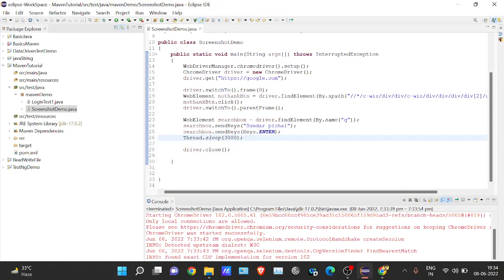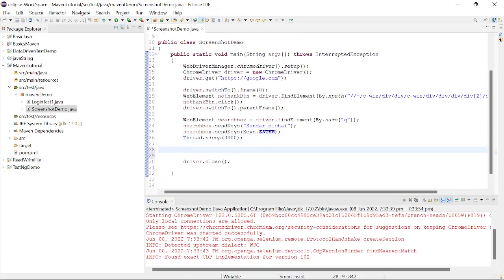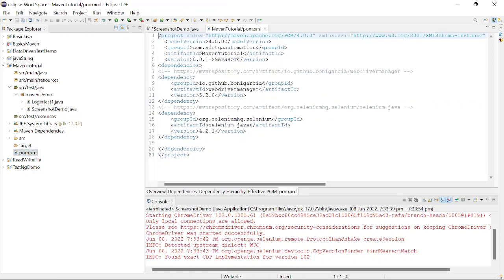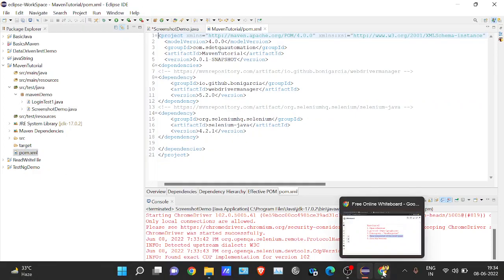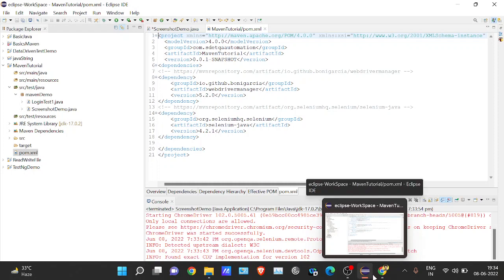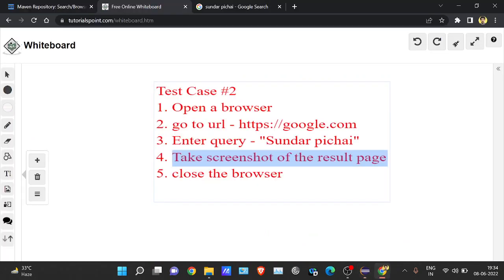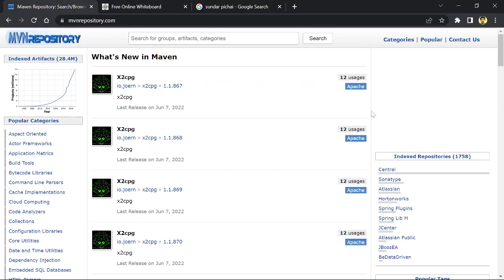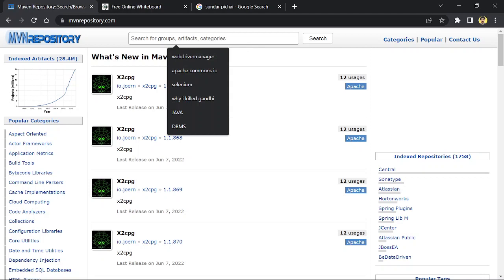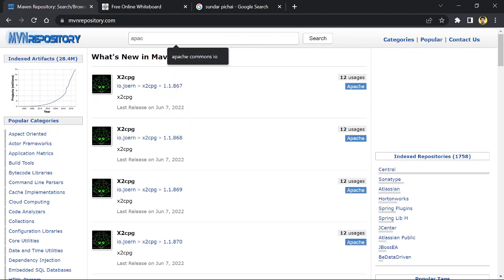Before taking the screenshot of the result page, in the pom.xml we have to add another dependency. So what dependency do we have to add? We have to go to the Maven repository, because that's the only place where we can find the dependencies while working on the Maven thing. And there, we'll be searching for apache commons.io. Now, if I search it